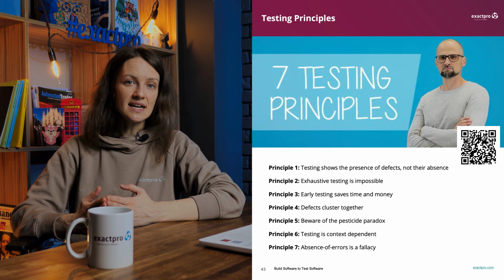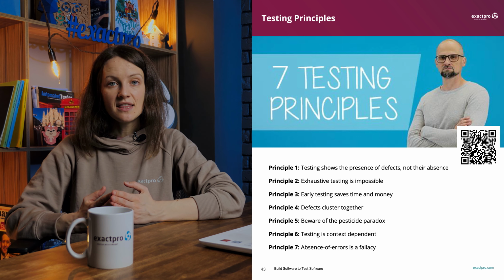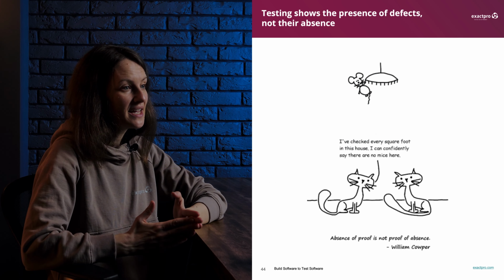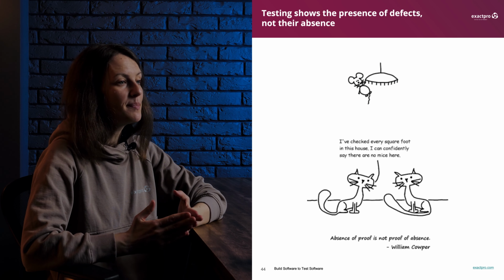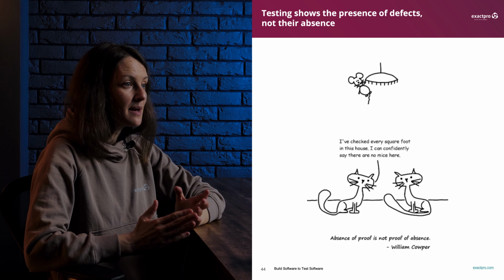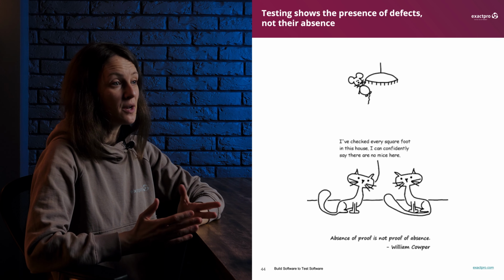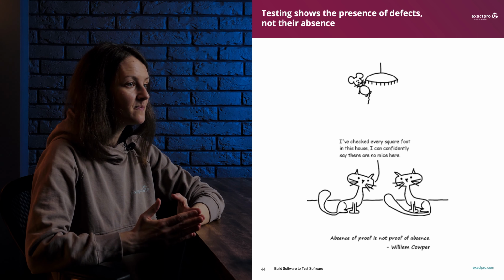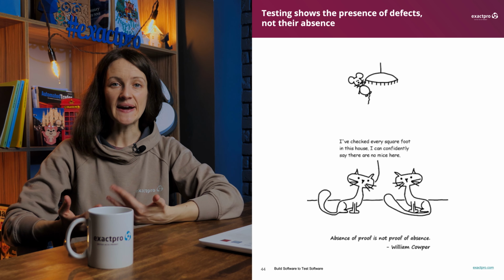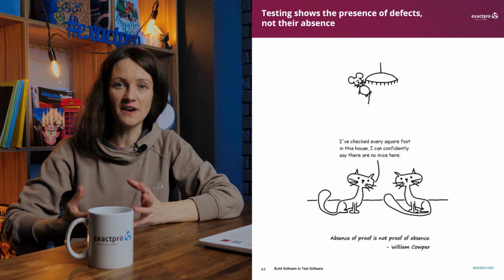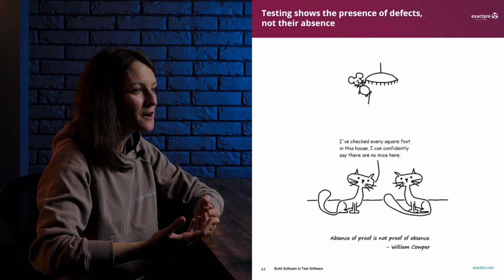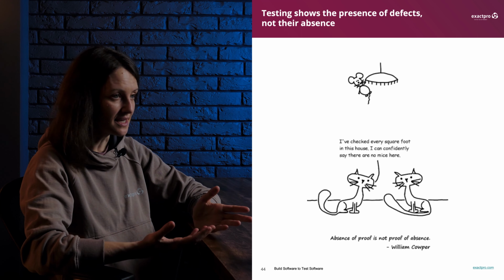The next thing we're going to discuss is testing principles. The list you see is taken from the ISTQB Foundation level syllabus. Principle 1. Testing shows the presence of defects, but not their absence. Testing is an empirical investigation. To demonstrate the presence of bugs, you have to just find one, but you cannot demonstrate the opposite. The picture shows the situation where one cat tells another one that he checked every square inch of the house and didn't find the mouse. However, the absence of proof is not proof of absence, so the essence of testing is showing that problems exist.